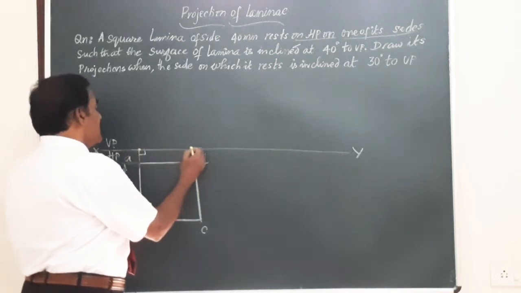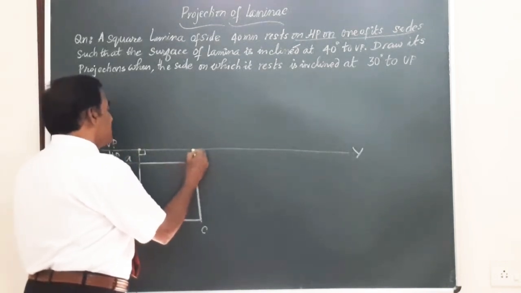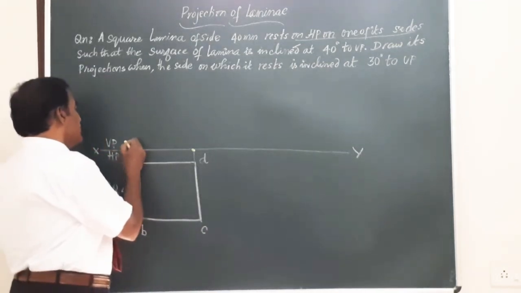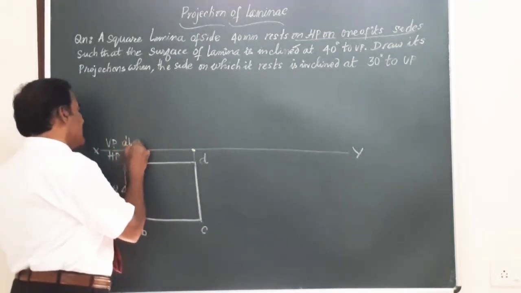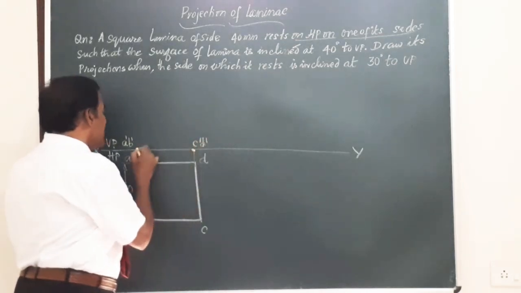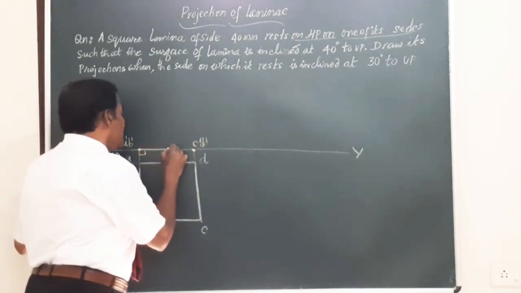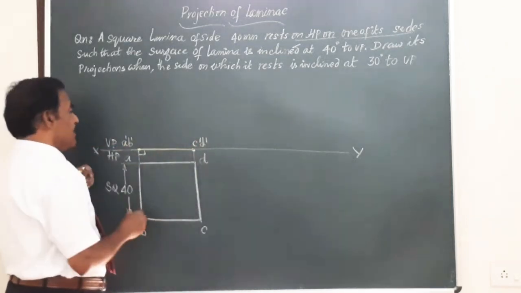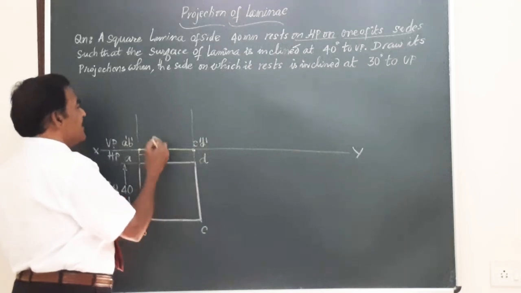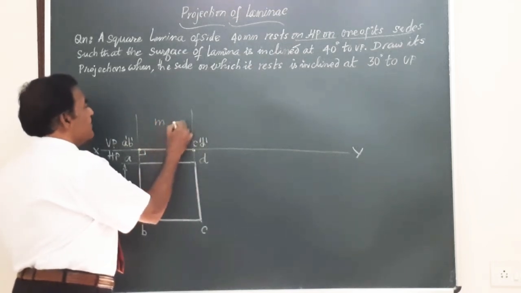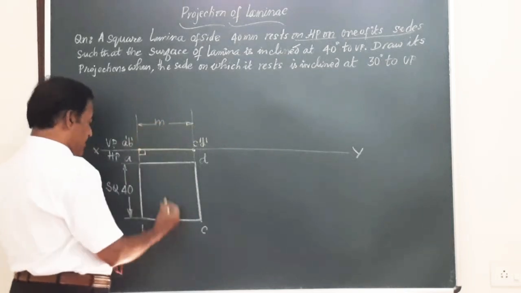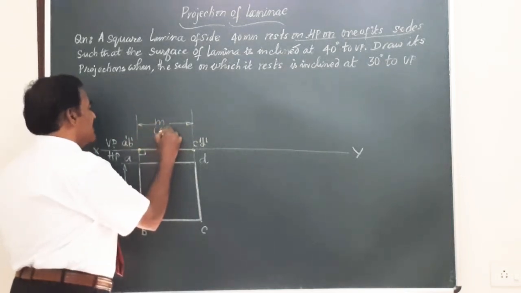How to get that? It is going to be a line, I said. So, here this A and B are on a vertical line. So, you can call this A dash, B dash and this C dash, D dash. And this line connecting these two is the front view of the lamina. Let us say this length in the front view, we will call M, and very obviously this M has got a value of 40 millimeter in this case.